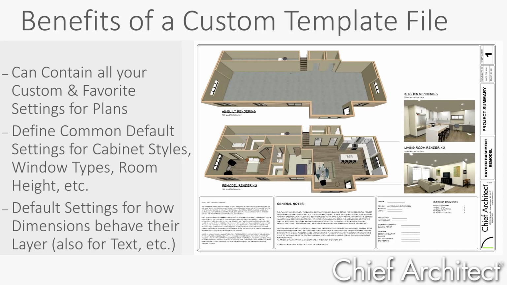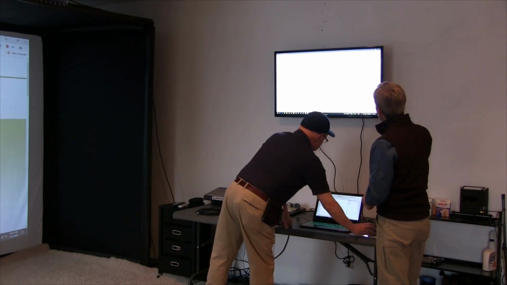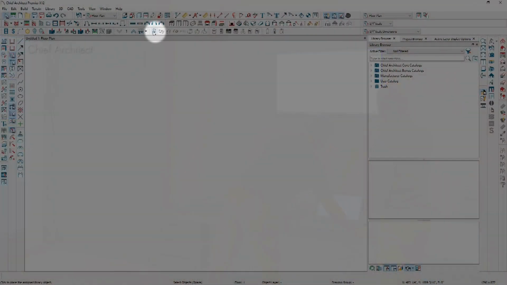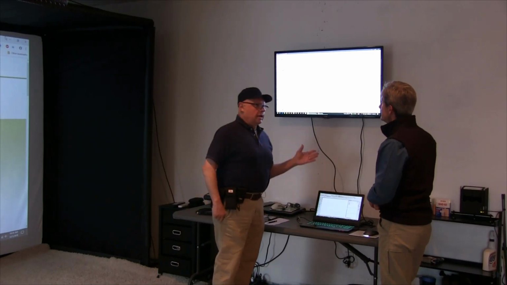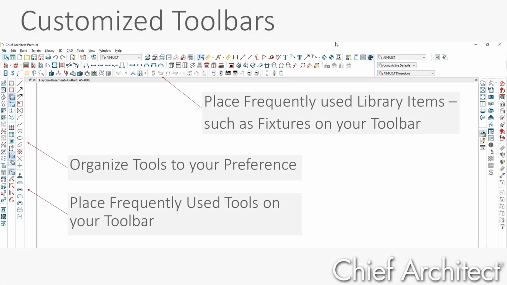Uh-huh. And then as you mouse over these icons up at the top up here, these are frequently used elements that you've pre-configured on your toolbar? Yes, there's a tool in the toolbar called Place Library Objects. So what it does is it gives you quick access to anything that's in the library by one button. Okay. So all I have to do is click that and put the toilet in. So it looks like frequently used items, maybe toilet, sink, bathtubs, washer, dryer, shower, cook hood. That's right. You've just added those onto your toolbar, and this is a custom toolbar configuration that you